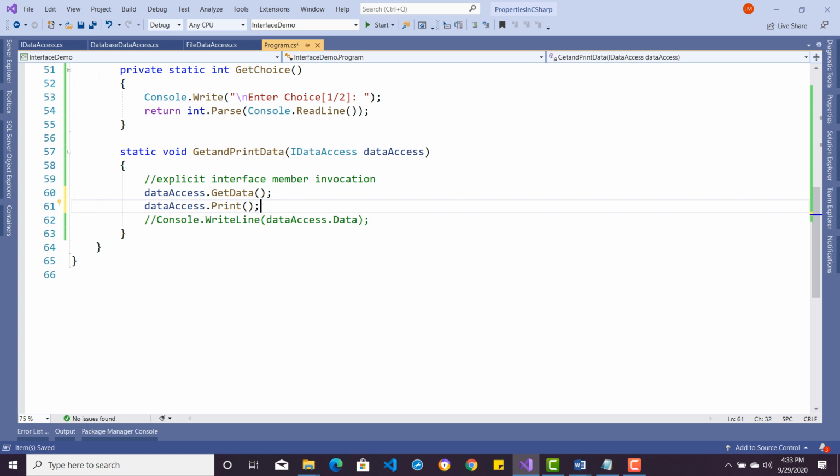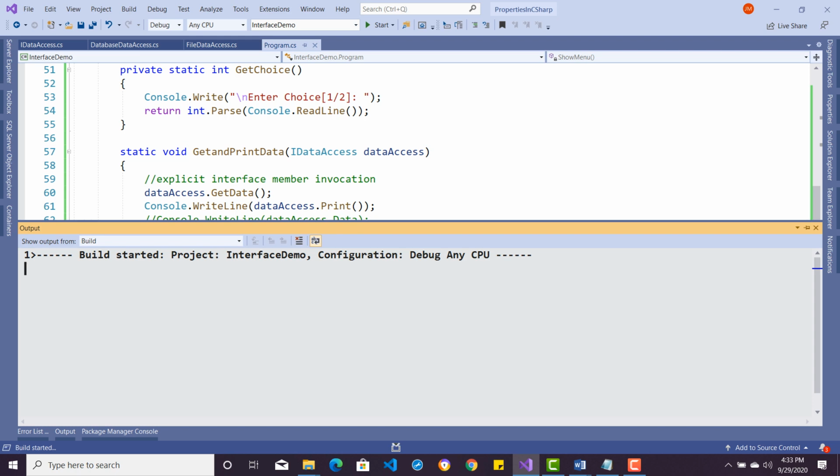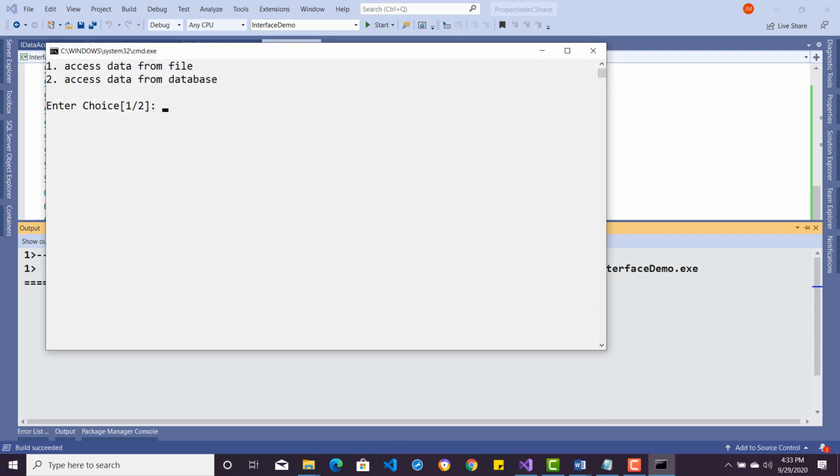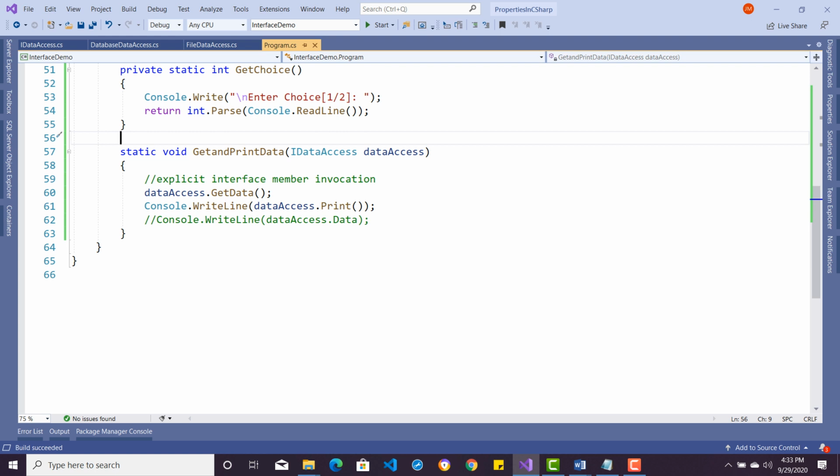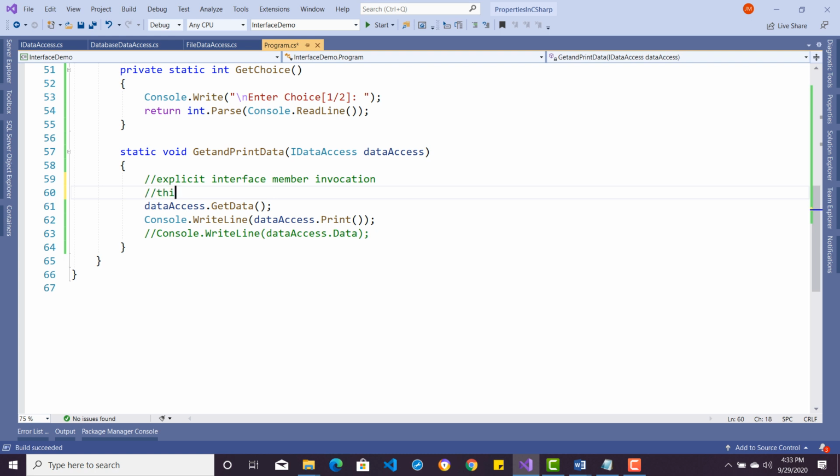This dataAccess.print method will return you obviously the output, but this is the print method of IDataAccess, not the IData interface. So if you run this application right now, you will get the output. So let me say this is one, and see, file print from IDataAccess. So it's invoking one of the methods. And one thing you notice is that you are invoking it explicitly. Explicit interface member invocation. This way, you can invoke